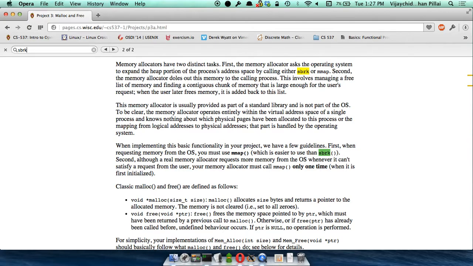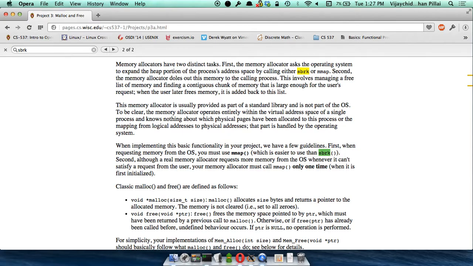Okay, so this is still at the level of a process and an operating system. Your process wants memory, so it's going to ask your operating system. The operating system is going to take the parameters via the system calls or library calls mmap and sbrk, and then it's going to give you back a pointer to memory. Okay, so that's the first level, and this is the level that you don't have to touch. You're not actually going to do anything in the operating system. The operating system is going to work as it worked before. It's going to use these system calls to give the process memory.